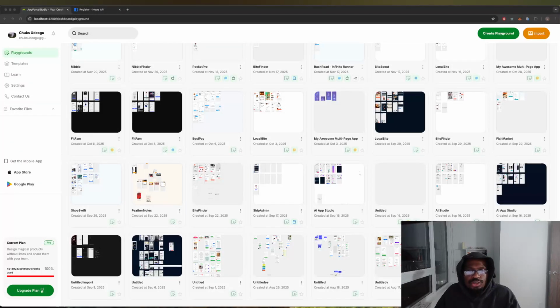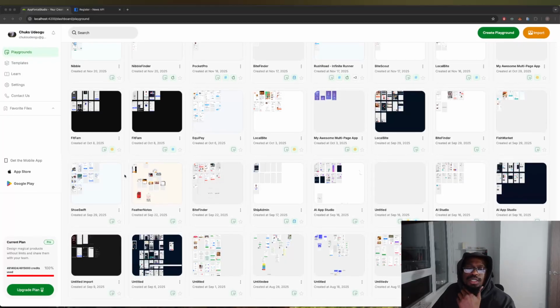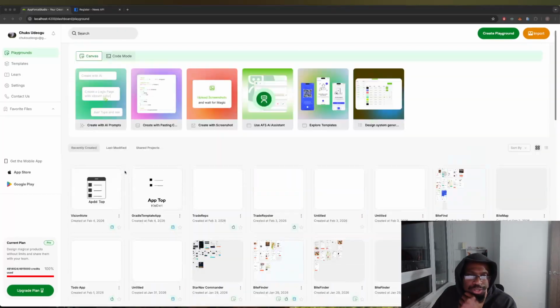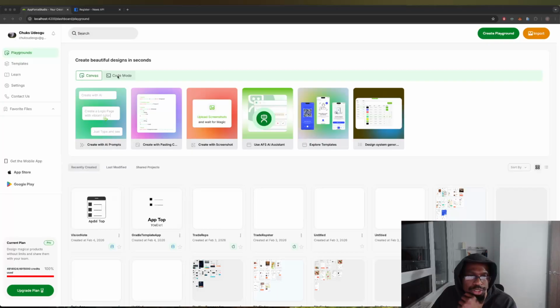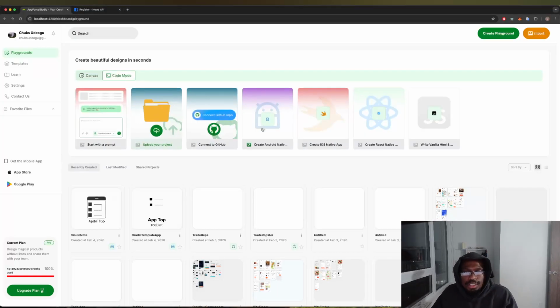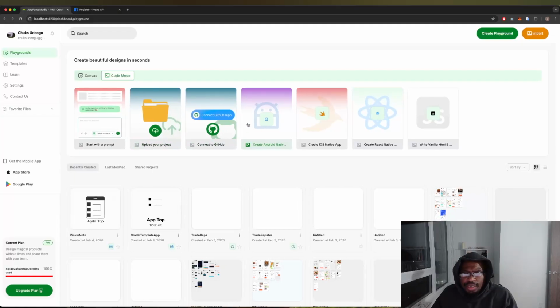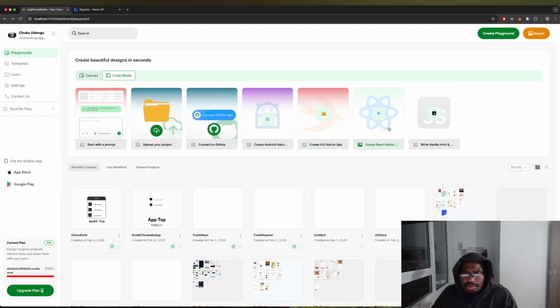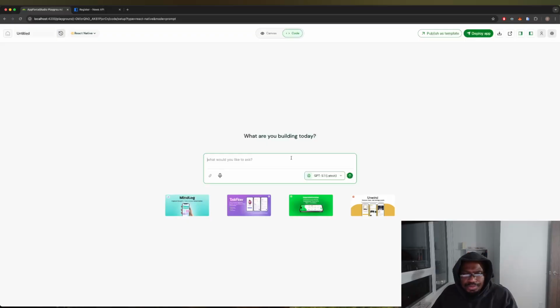Hello, today I want to show you how to create a news app and also add some APIs to it. So the first thing you want to do is go to your dashboard, click on code mode. I want to create a React Native app today, so I'm going to come in here and click on React Native. And now I'm going to put in my information here, create